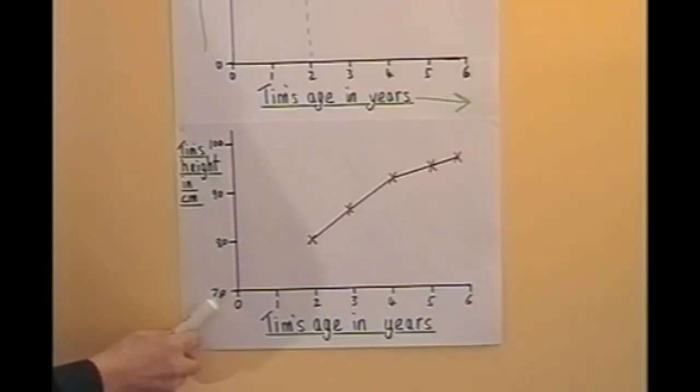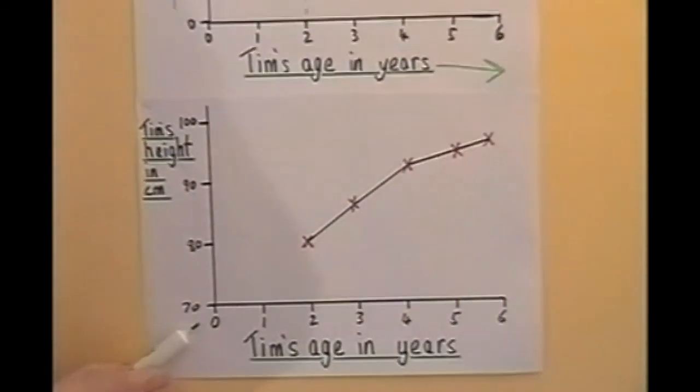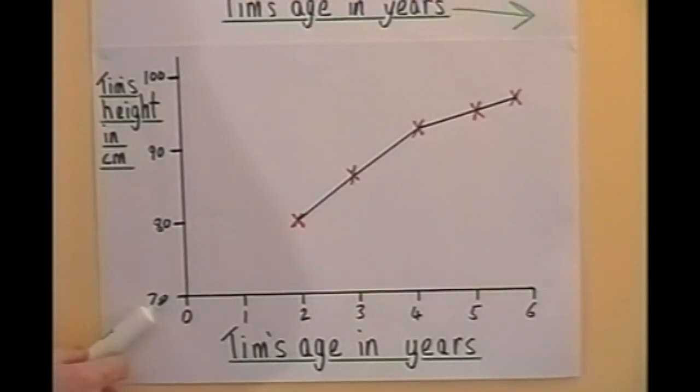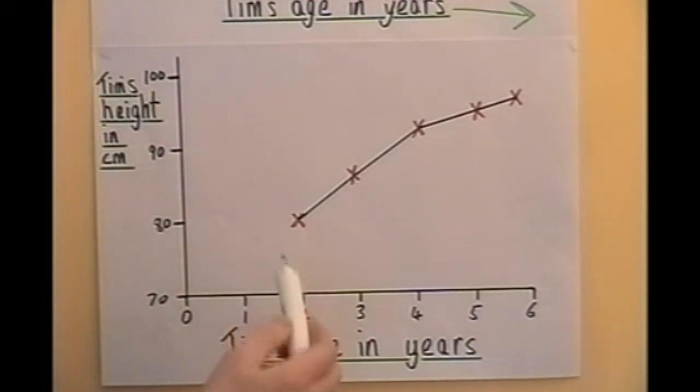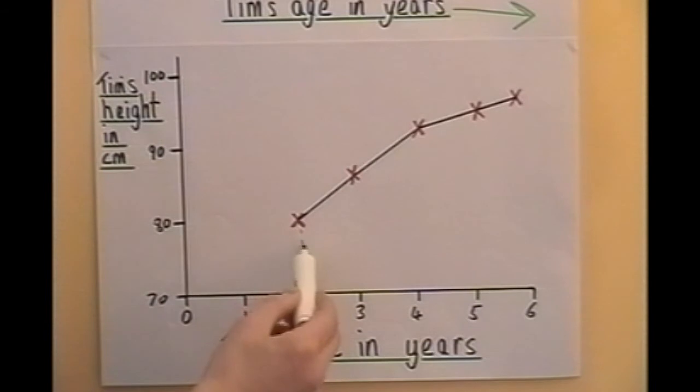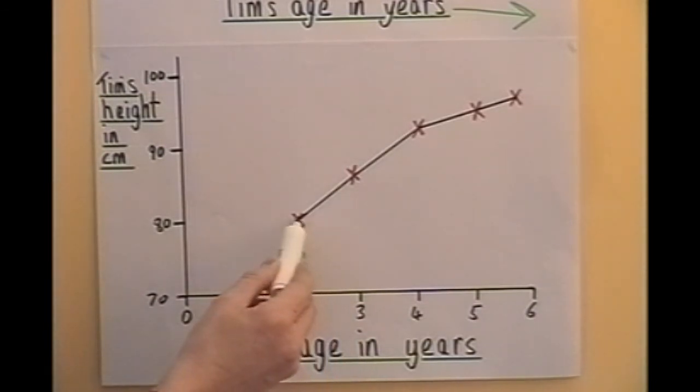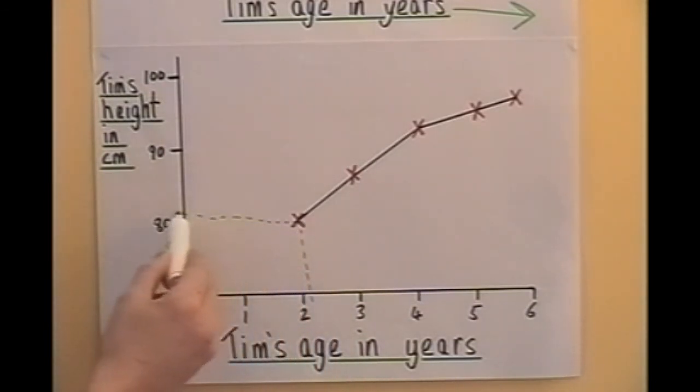We can see this scale here. Whereas that one began at 0, this one begins at 70. So this is 70, 80, 90, 100. This is a much more detailed scale, so it gives us a steeper line. Now it's quite nice because we can see things more accurately. We can work out more accurately what a particular height was, just over 2,